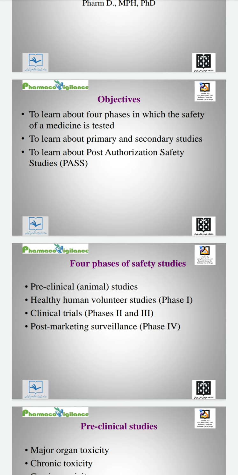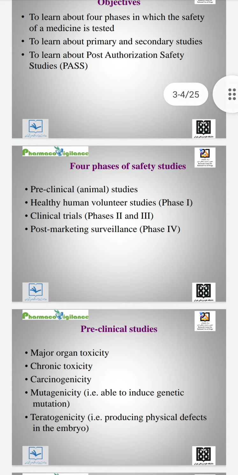The four phases of safety studies are preclinical animal studies, healthy human volunteer studies in phase 1, clinical